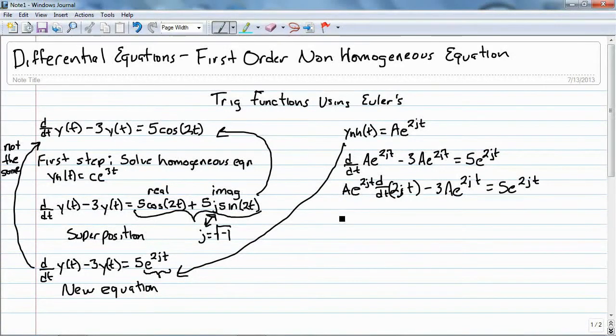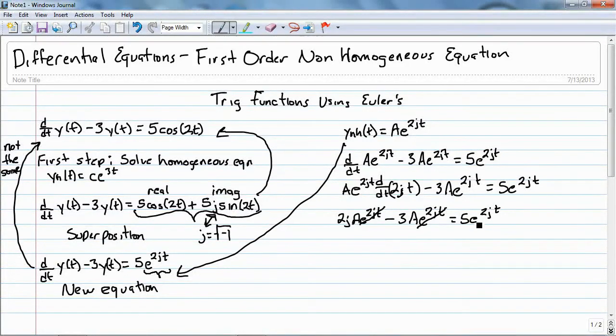So I'm going to have 2j a e to the 2jt minus 3a e to the 2jt is equal to 5 e to the 2jt, and you'll notice that all of the